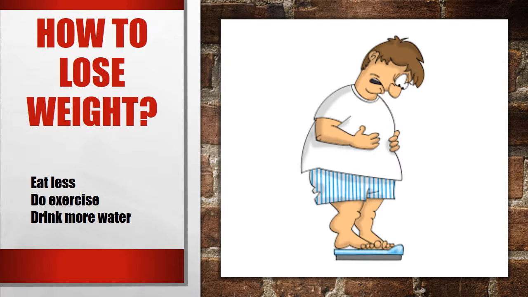We have to give advice to a person who wants to lose weight. Now, let's give him three pieces of advice. Let's tell this person to eat less. Let's tell him to do exercise and to drink more water. And I want you to use the different structures that we covered in the video: should, ought to, had better. And if you feel you're capable of doing so, well, go ahead and use the questions, the negative questions, use would, and let's give advice on how to lose weight using eat less, do exercise, and drink more water.